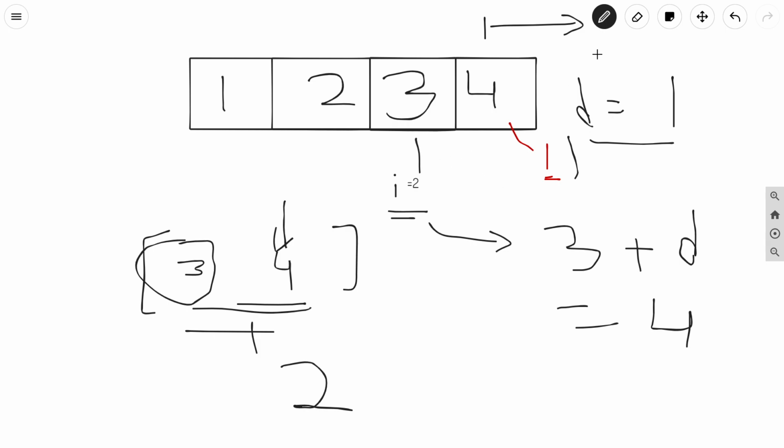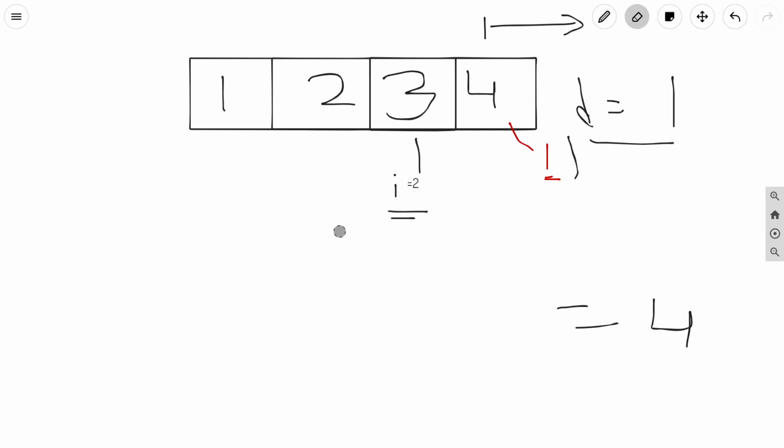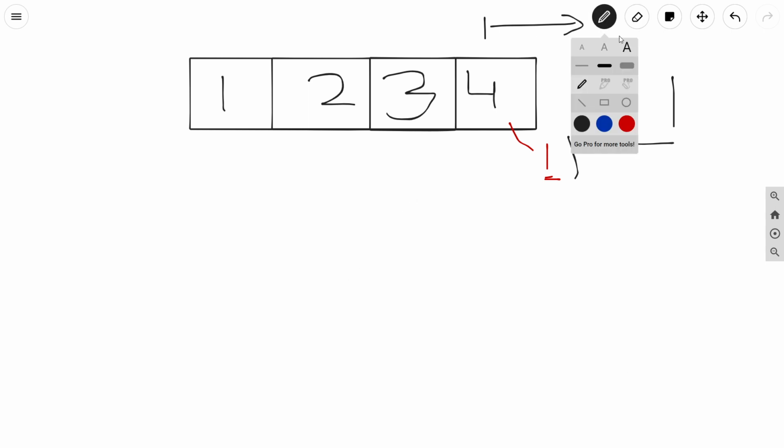So I will write 2 here, for the second index. So for this 3, the length will be 2. Again we will move further, to the next index. Basically we are iterating in reverse manner from the last index to the first index.